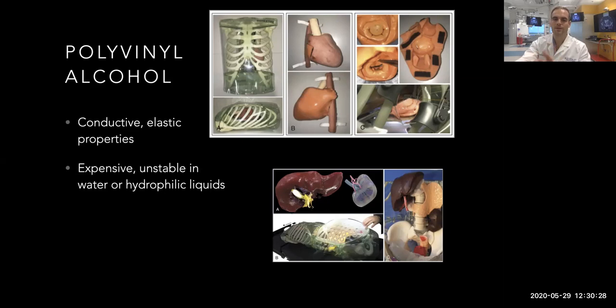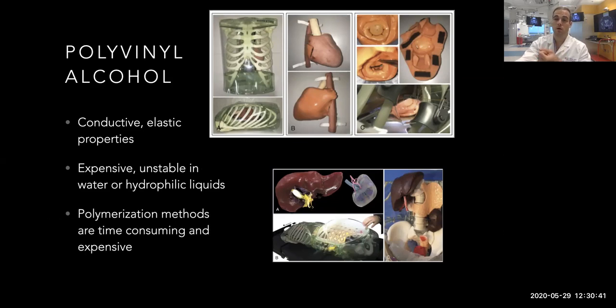But the problem with these is that they're expensive, they're unstable in water, which isn't great because you're constantly irrigating during the surgery, and so you kind of dissolve them away, or other hydrophilic liquids. And the way that they were polymerizing the polyvinyl alcohol to recreate these soft tissue structures was using a freeze-thaw